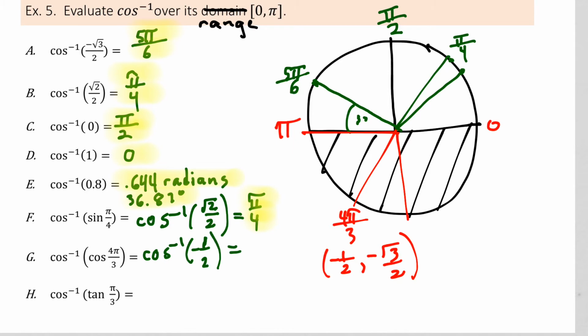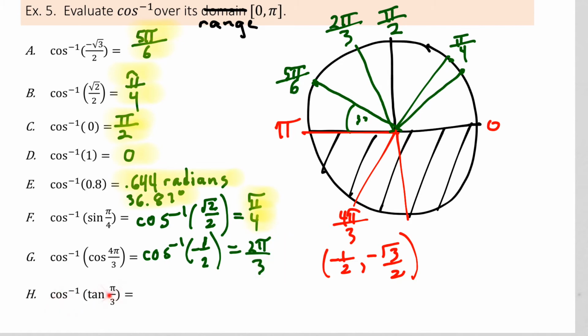So the cosine is negative 1/2. So that would be over here. So let's see, that angle right here is 2 pi over 3. So the cosine is negative 1/2 at 2 pi over 3. So 2 pi over 3 is my answer. And it's within the range there. Okay, so the last one of these says the